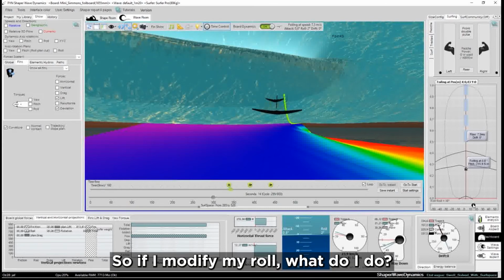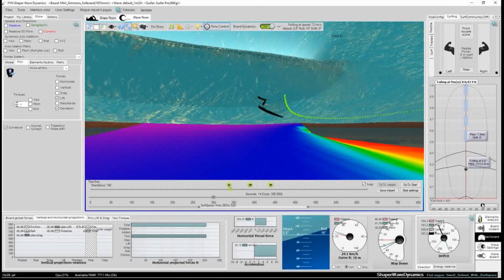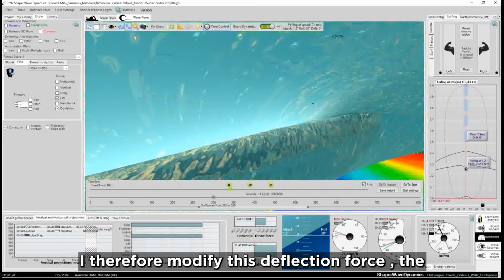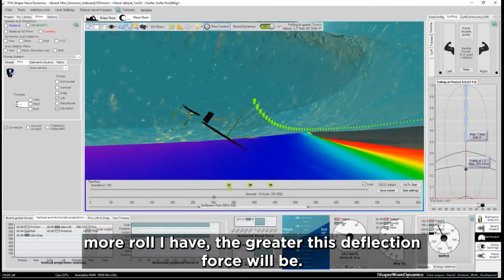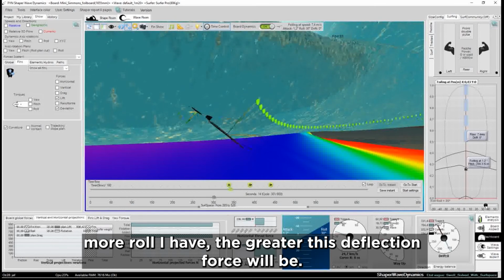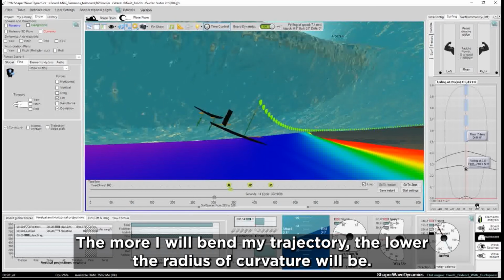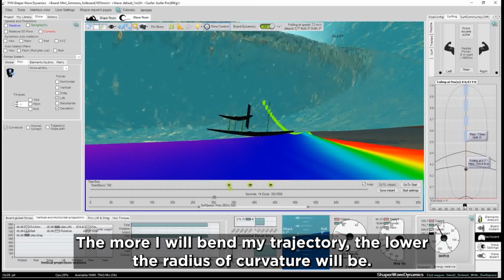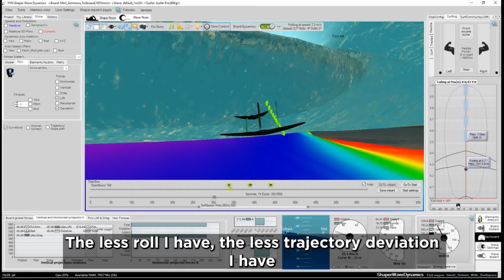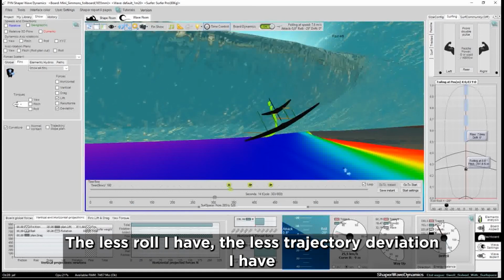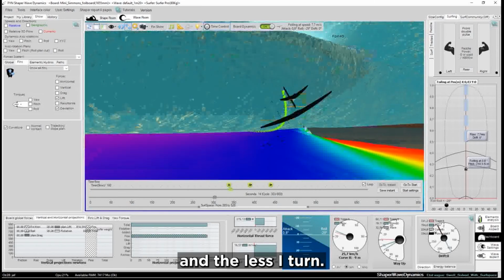So if I modify my roll, I therefore modify this deflection force. The more roll I have, the greater this deflection force will be. The more I bend my trajectory, the lower the radius of curvature will be. The less roll I have, the less trajectory deviation I have, and the less I turn.